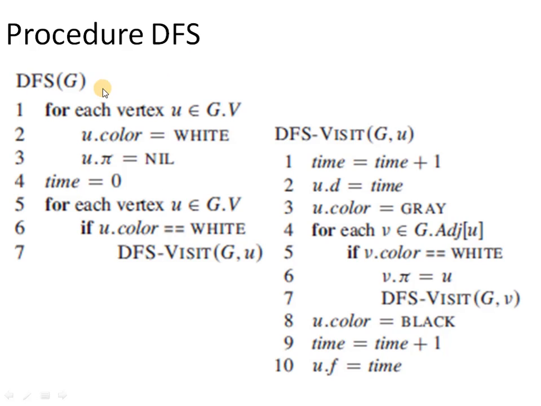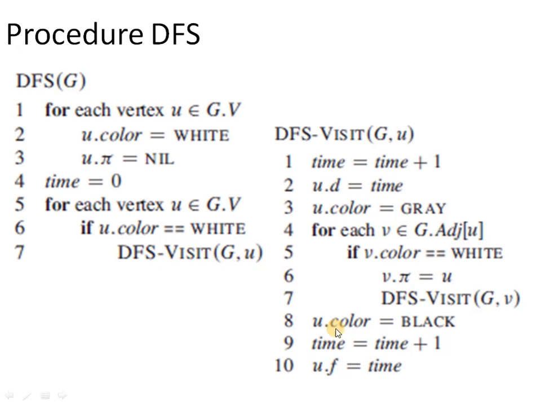Now we are again moving to the procedure, or you can say the implementation of DFS. So DFS only accepts a graph G and no starting vertex is there. Then for each vertex we have to initialize color to white and pi to null. And we will make use of a timestamp value that will be increased each time in order to initialize either the discovery or the finish time of a vertex. And then for each vertex, we will check if its color is equal to white,